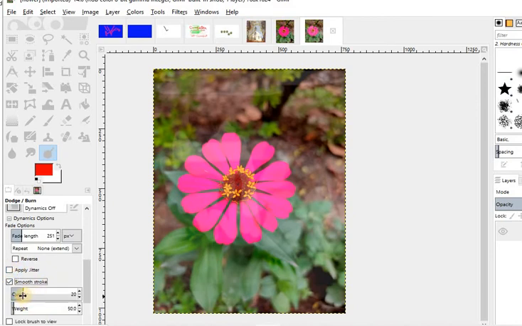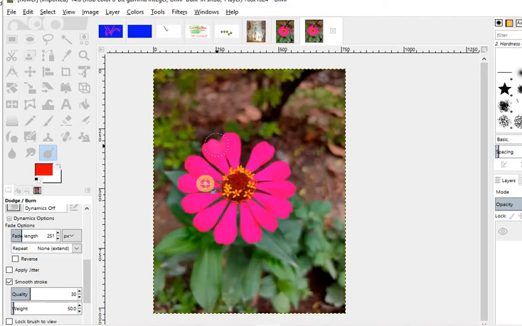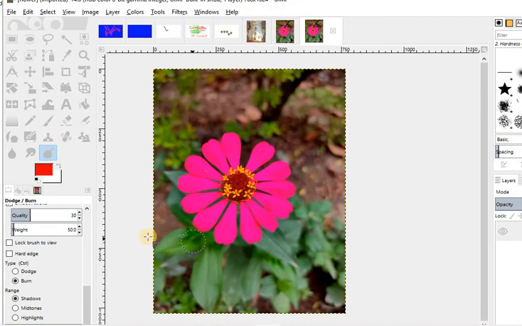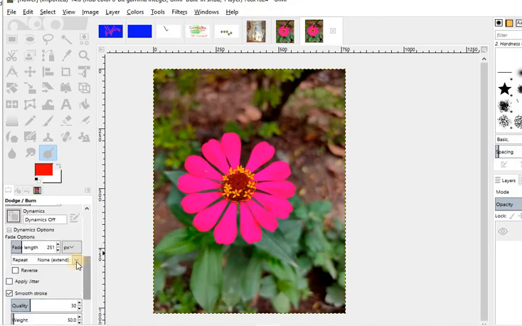Smooth strokes. Okay, so there are multiple options which I have to deal with. This is the smooth section. If you do not use this smooth, then what will happen? See, this happens.